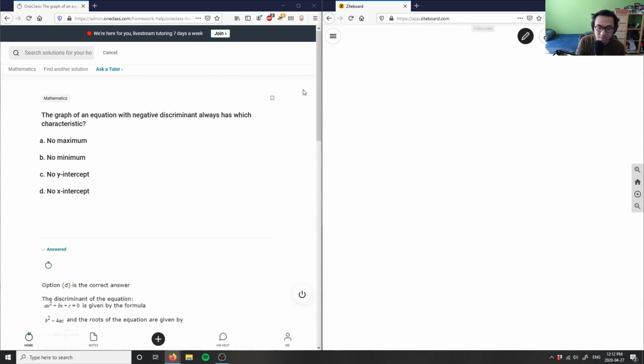Okay, so we have number 3 here. It says the graph of an equation with negative discriminant always has which characteristics? So number 3, it has negative discriminant. Let me rewrite that here. Discriminant has what characteristic? So when we're talking about the negative discriminant, we're talking about this is b squared minus